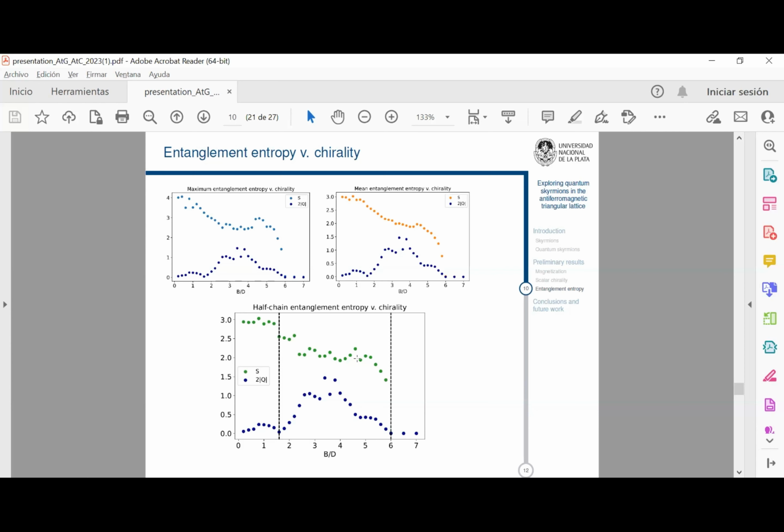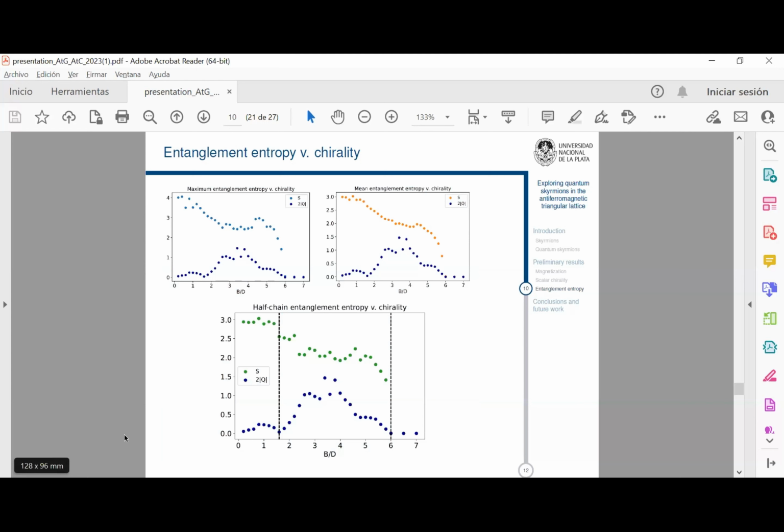And I'm going to focus specifically on the third picture. What we saw is that both the entanglement entropy and the chirality have a significant change at the exact same values of B. In the case of the entanglement entropy, it has a jump, and in the case of the chirality, it starts to be significantly non-zero. And moreover, as you can see here, with the green dots, in the region between 0 and about